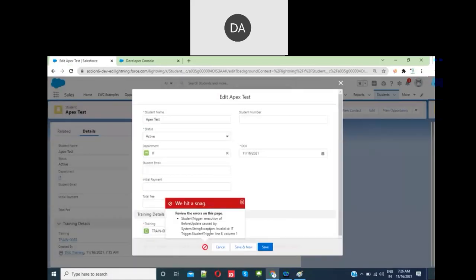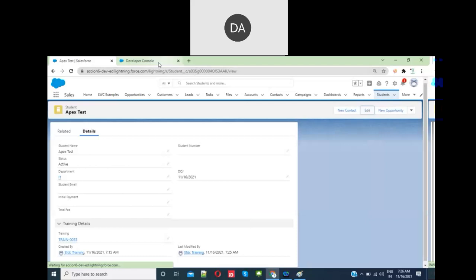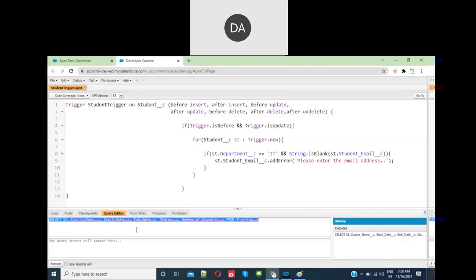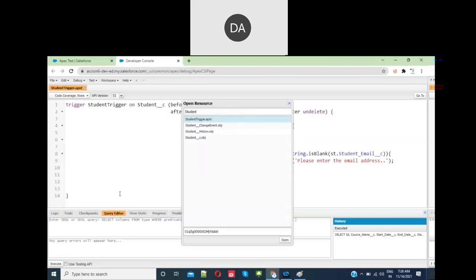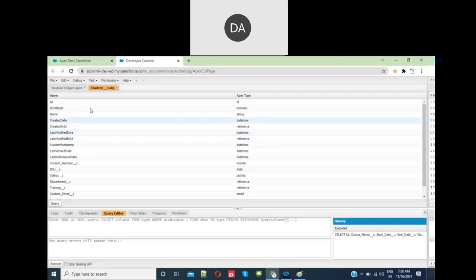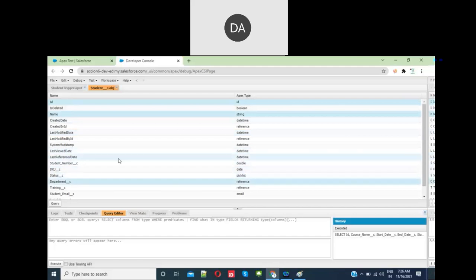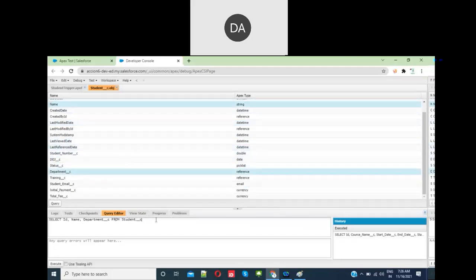See this? Invalid ID, in Student trigger, line number 8, column number 1. Okay, so why? Because if you see this, there is a record, right? Let me execute a query on the student object's department field where Id equals